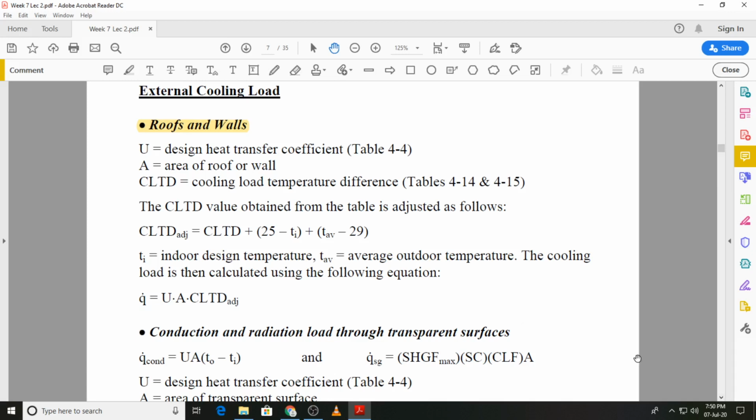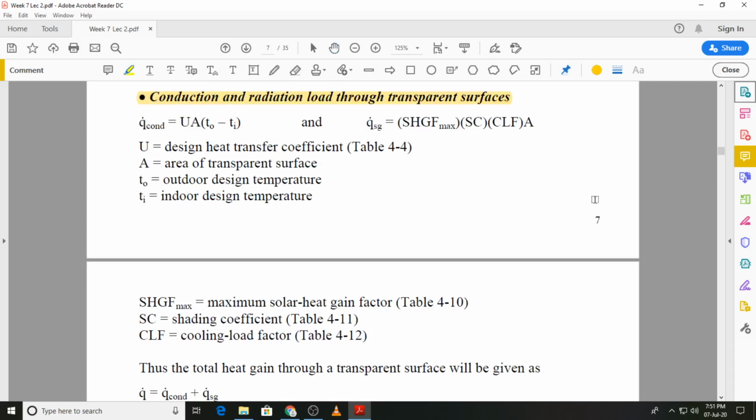The next heat gain is conduction and radiation through transparent surfaces. When you calculate the conduction through a transparent surface, for example a window, then the conductive heat gain is calculated using the standard heat transfer equation, that is Q is equal to UA delta T, where delta T is the temperature difference between the outside design temperature and the inside design temperature. The other component, that is the solar gain, that is the energy that is transmitted through the transparent surface, is calculated by using the equation